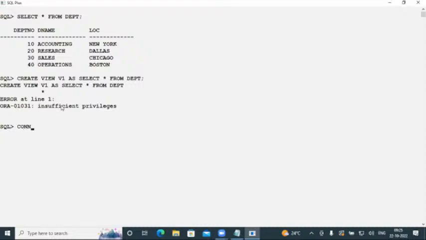So, insufficient privileges. I want to take my permissions from the admin. Okay, what are the permissions? Grant create view. To whom is this? To MyDB9AM. So after taking this,